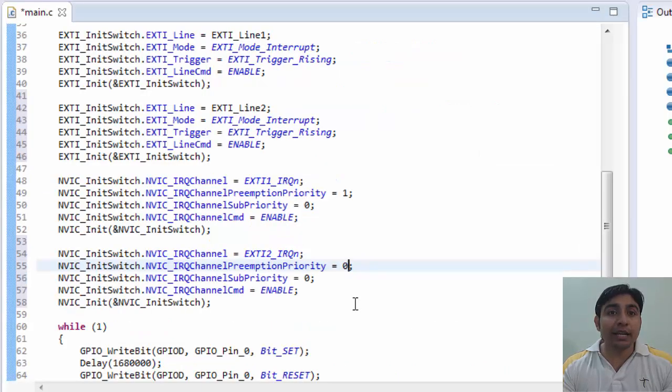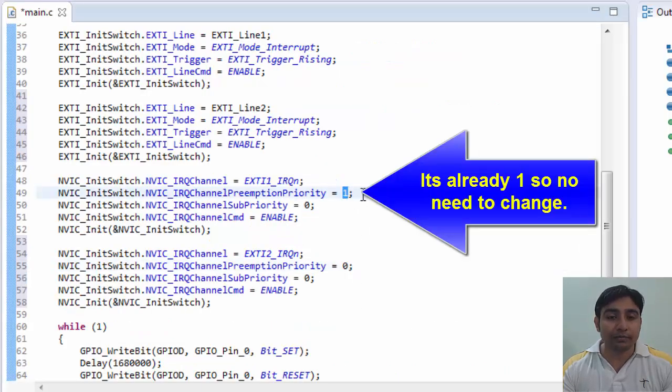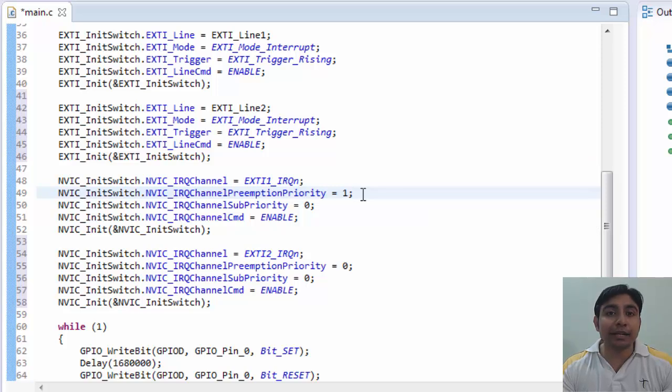But let's change the line 1 value to 1. Now let's just keep their sub priority value 0. Although if you put one higher than the other, it will not impact anything because the preemption priority value is of high importance. Now we have configured the interrupt priorities.